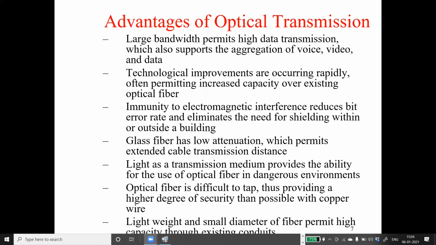Now the second thing is that technical improvements are occurring rapidly. There is a lot of research happening in this field to actually have an improved optical network. Optical networks have a certain limitation or disadvantage, I would say, as compared to the IP network that was existing. It is very fast to switch in the IP network that we have compared to optical, because optical is not as flexible as the existing network.